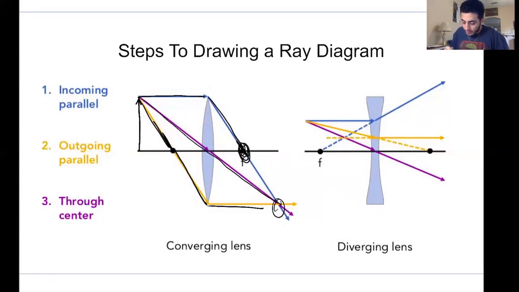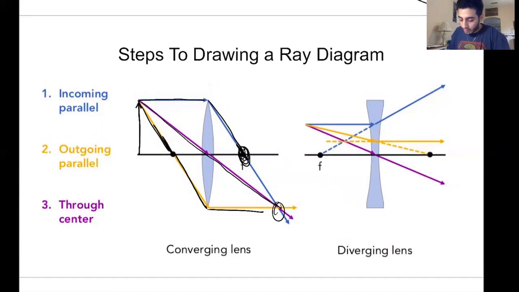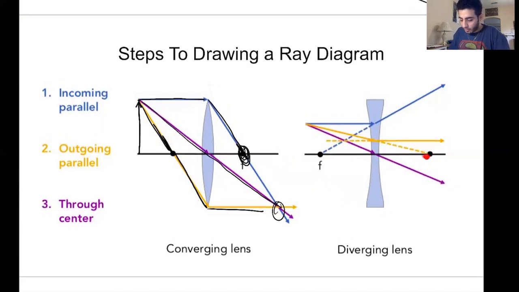Okay. For a diverging lens, it gets a little bit more complicated. We have this same horizontal aspect, which we had here, except this one goes through the near focal point. So we try to draw an imaginary line through this near focal point. The second ray goes straight through the middle, and then the third ray goes through the far focal point, and then we draw a horizontal line across. And where these 3 lines meet, this is where